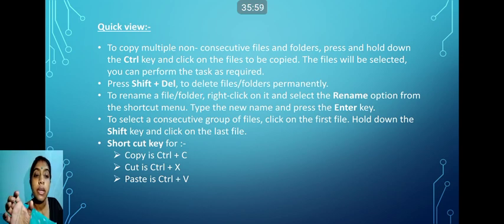For cut, Control plus X. This will cut only that part which is selected. Paste, wherever your cursor or pointer is, there the particular thing will be pasted, and the shortcut key is Control plus V. Clear? I hope you have understood all those points.